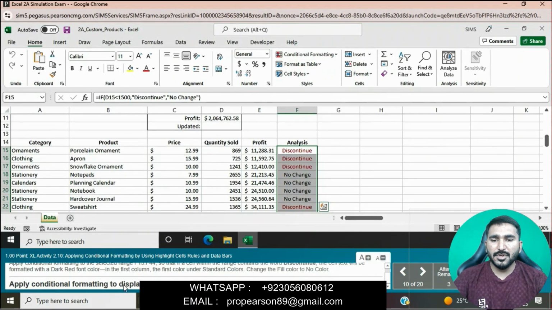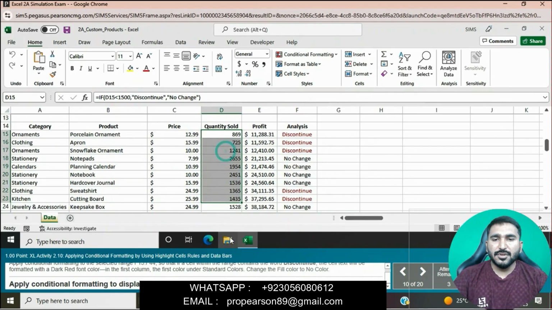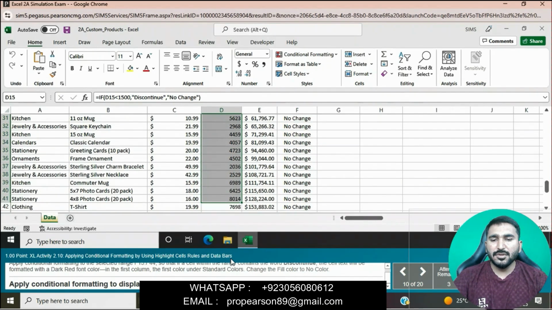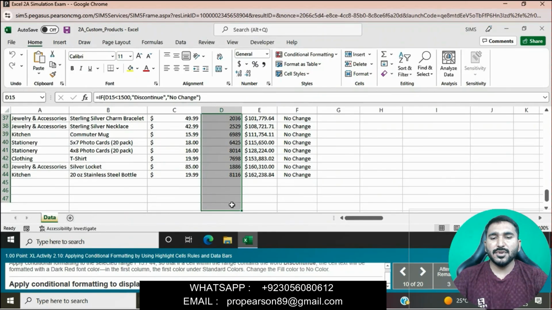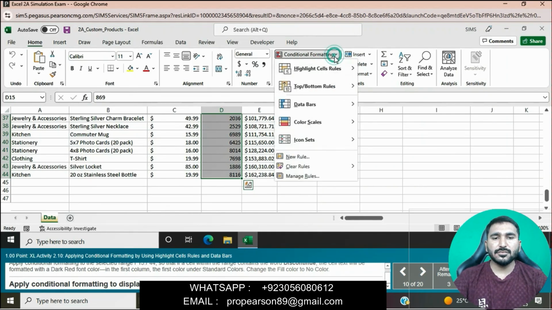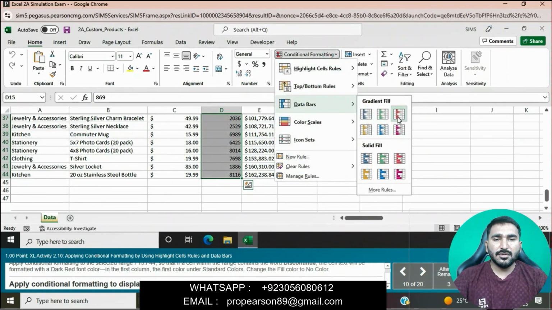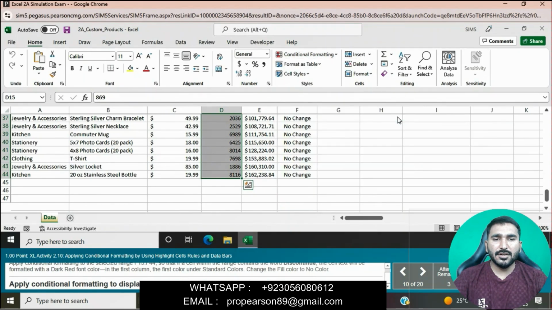Apply conditional formatting to display gradient fill red data bars in the range D15 to D44. We will select D15 to D44 and then apply conditional formatting to display gradient fill red data bars. Go to the home tab in the styles group, click on conditional formatting button, data bars, gradient fill red data bars.